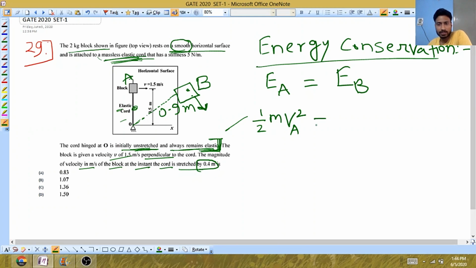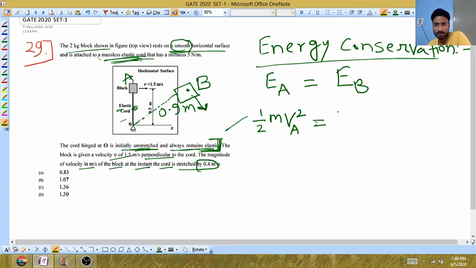Okay, and is there any other energy? You need to consider potential energy only if the block is at a height. Here the block is lying on a horizontal surface, so the gravity effect will not be there. Whenever the gravity effect comes into the picture, then you take potential energy. Okay, so this will be equal to